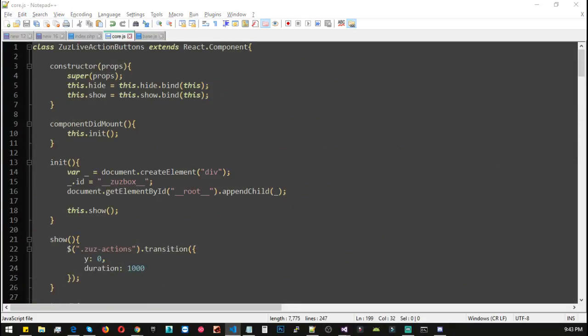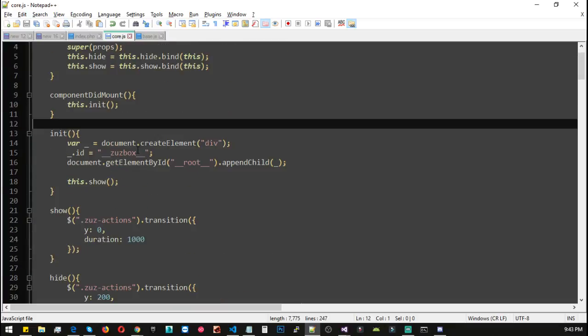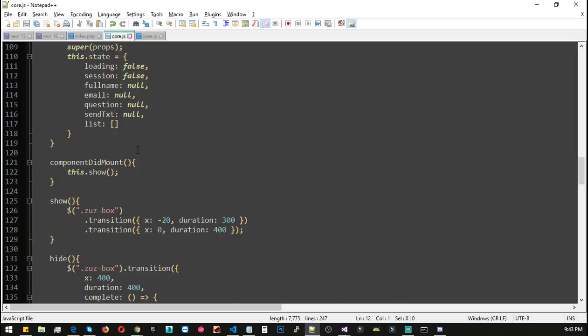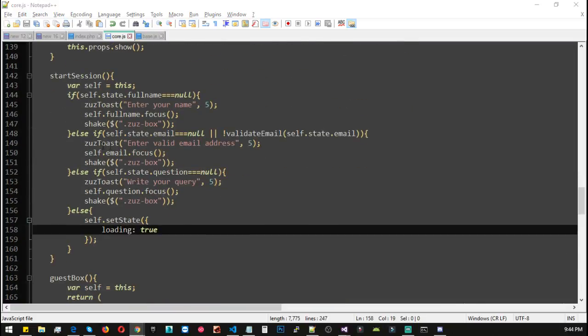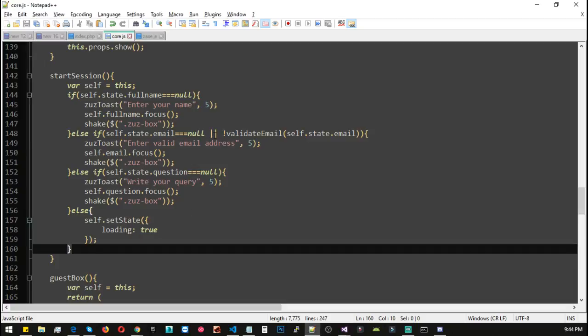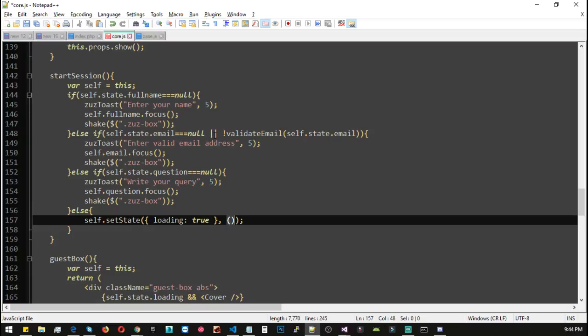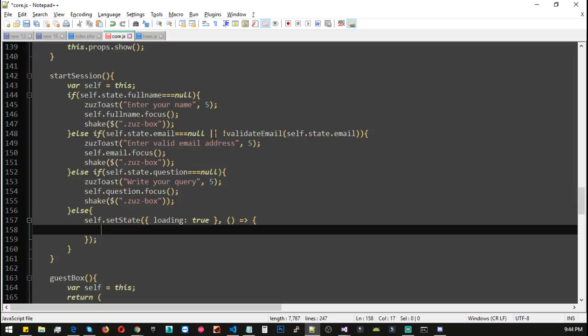Okay, let's create a method. Let's call the method inside the board box, and we are setting the state right here inside the start session method. And we need to call the callback method, and inside the method let's call